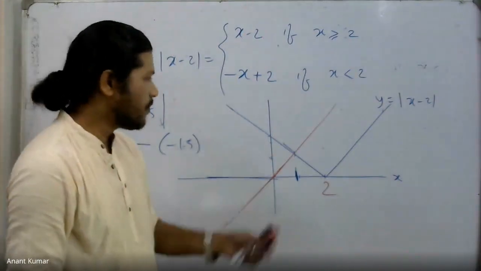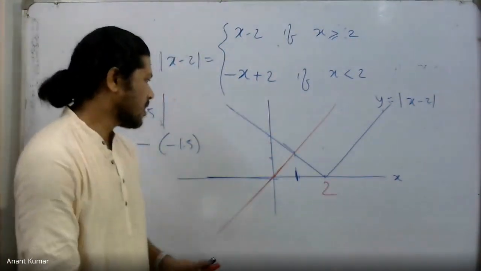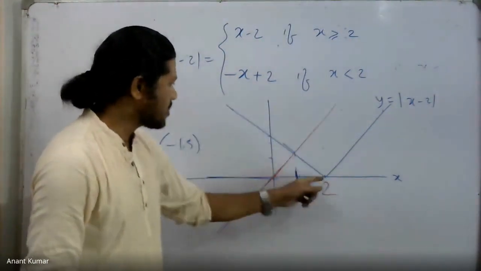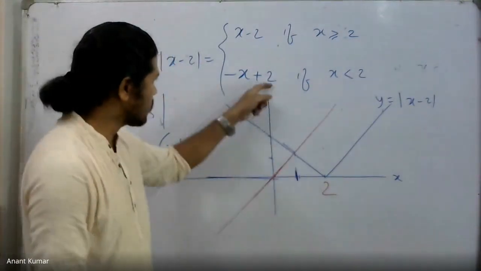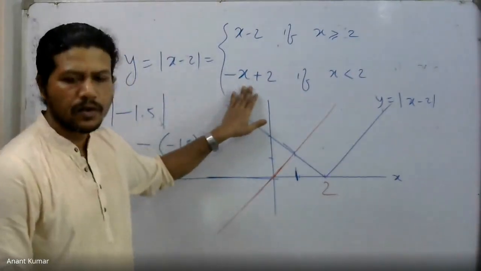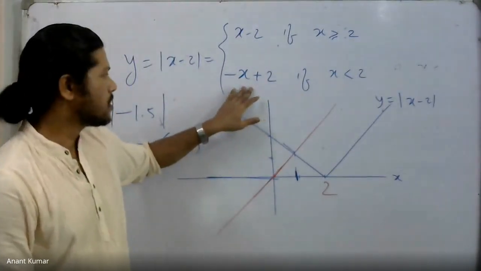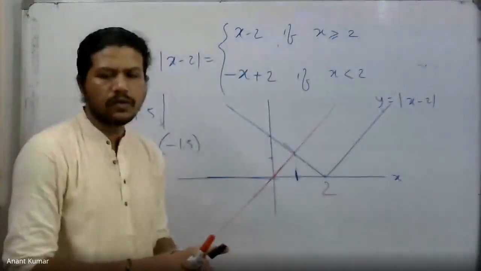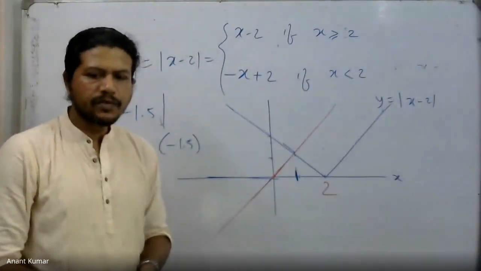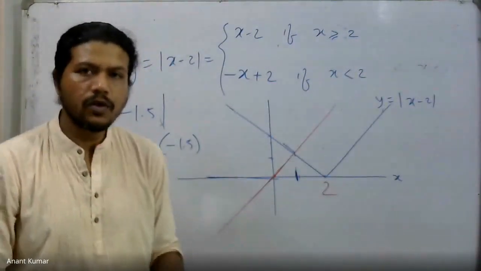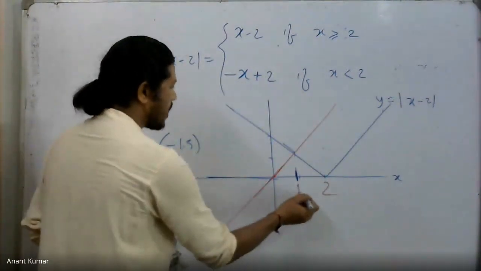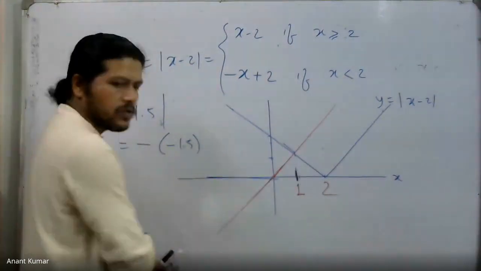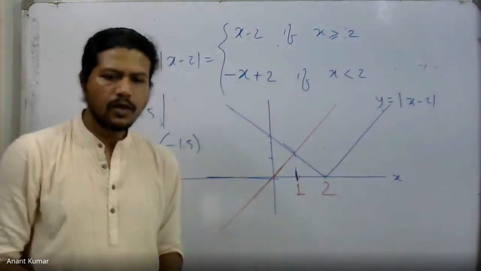But this point can be easily figured out in this case because this is nothing but the intersection of this line and this line. Notice this line is nothing but y equal to x, and this other line is y equal to minus x plus 2. That is the second line. So I have to just equate them. I get x equal to minus x plus 2. But that gives us 2x equal to 2, giving x equal to 1. This point is therefore x equal to 1. And that is why in this case we consider all points to the left of x equal to 1. Okay?